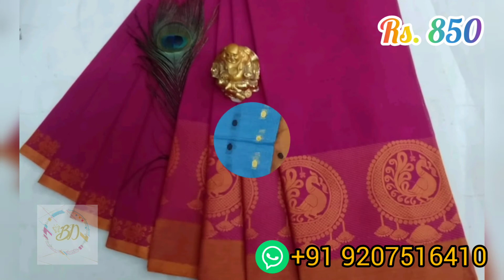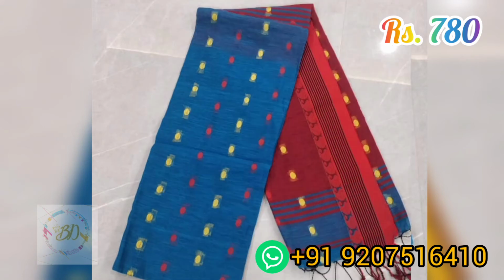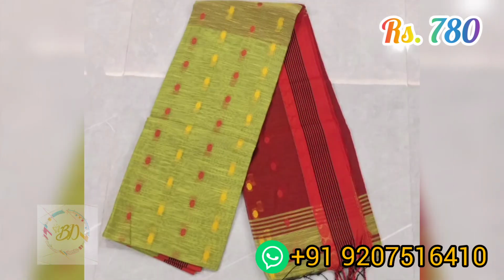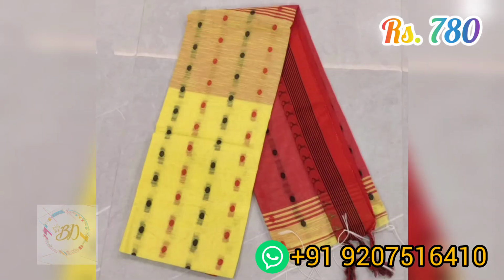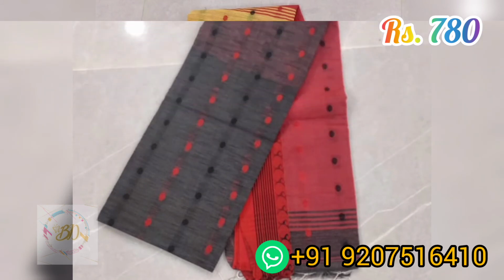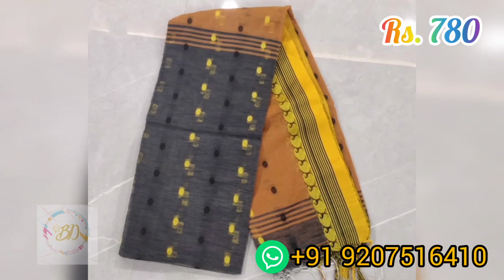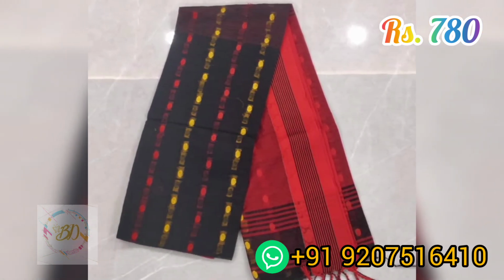Moving to the next set is a collection of khadi cotton sarees. Small buttas are running throughout the body, along with a tassel attached pallu and a running blouse. This beautiful collection you are getting at a price of 780 rupees along with free shipping inside Kerala and Tamil Nadu. For other states, even the shipping charges are very less, from 20 maximum up to 40 depending on